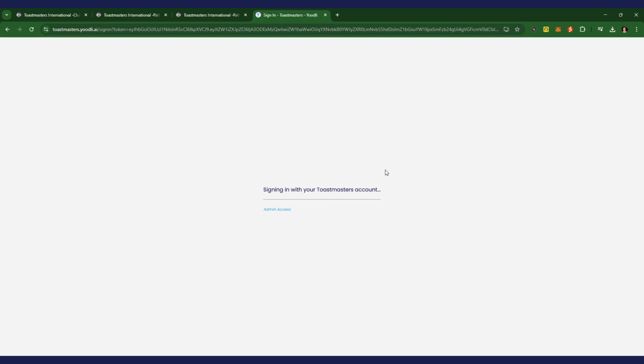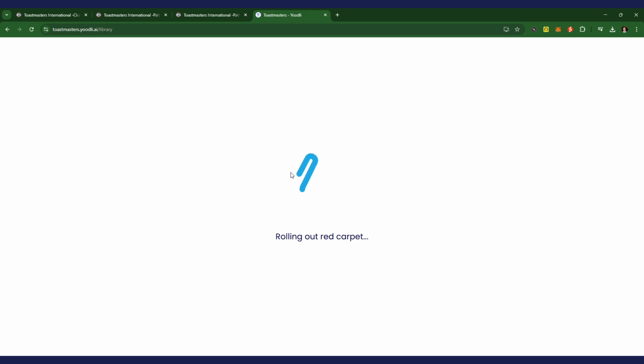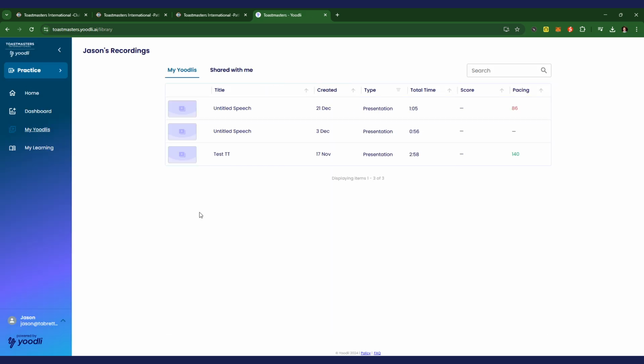I just want to show the interface without explaining how to use it. It connects with the Toastmasters account. You do need to sign up the first time. It's just creating a login. And I have connected before. I've got a few test things here. But if I wanted to practice either a presentation or just table topics, a short question,